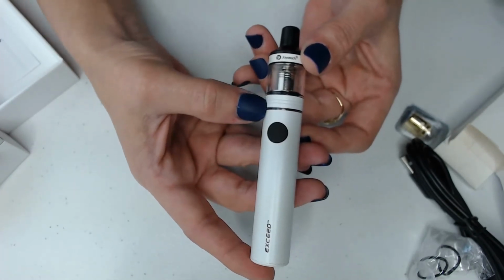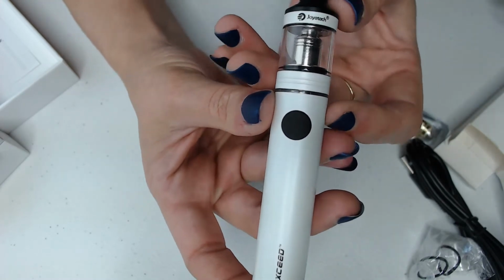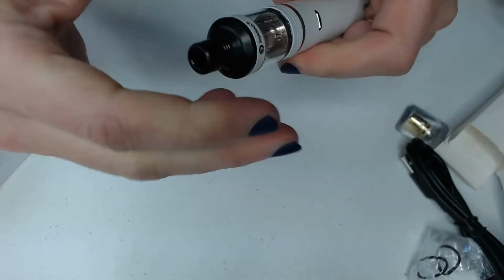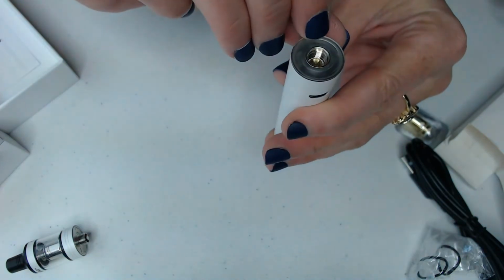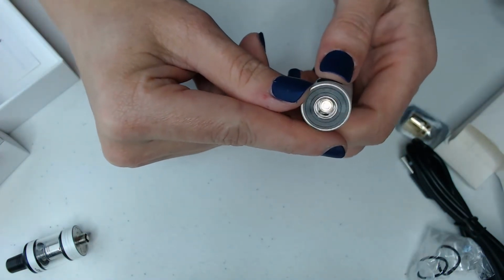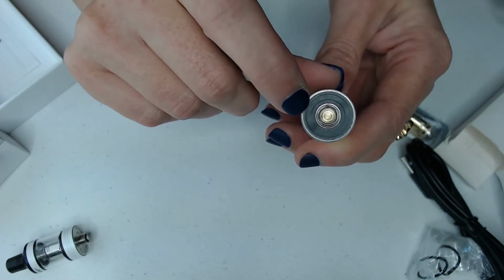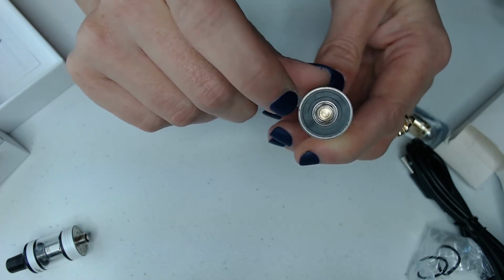You'll notice that there is a light here which flashes when you turn it on. Not sure if that's coming up on the camera. There we go. It's like an orangish red light, and if we take off the tank, we can go ahead and see that light. There is a clear plastic disc at the top of the battery, and that's what allows you to see the light when your tank is on. And when you press the button, your light will flash, and then if it stays on, that shows that the battery has a full charge. As the battery drains, that light will blink. First it will blink slow, indicating that you have 70% of your battery left, and then it will get faster